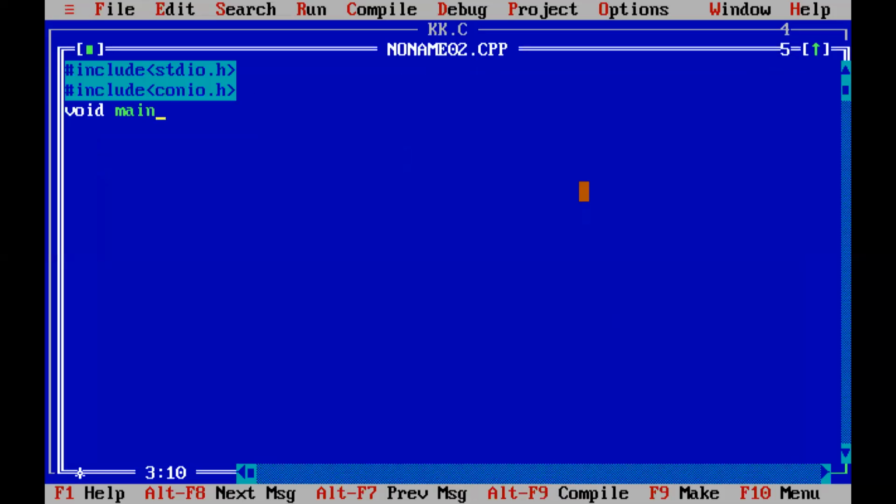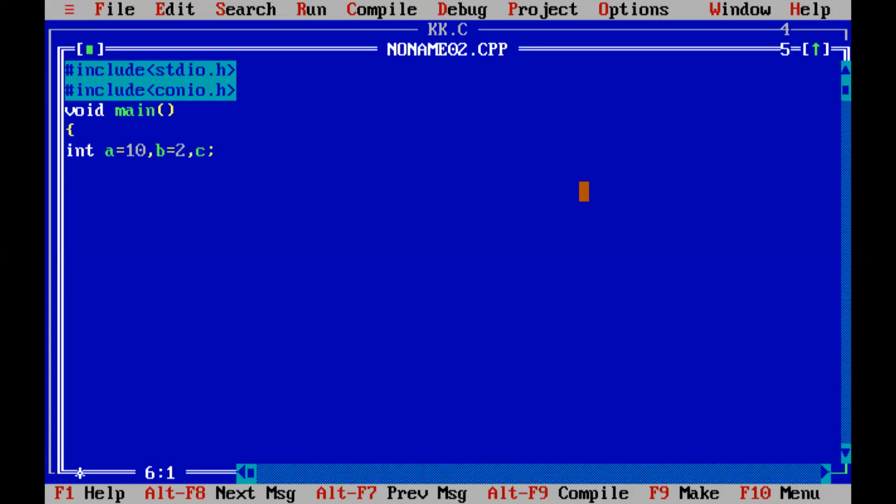You start with header files. After that main function, I will take integer values. Integer a equal to 10, b equal to suppose 2, followed by semicolon. Use one more variable, that is c.